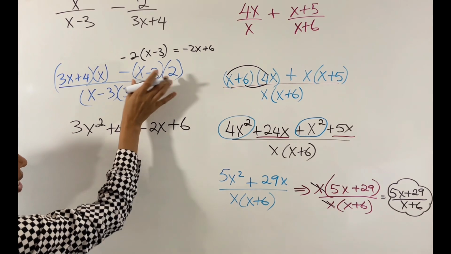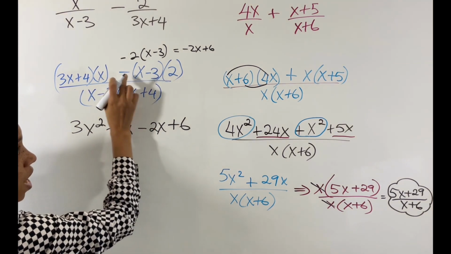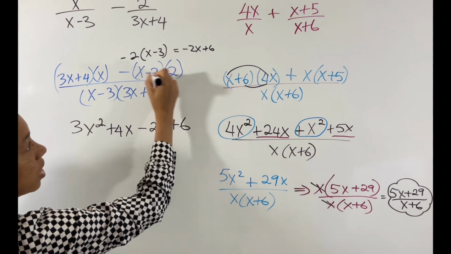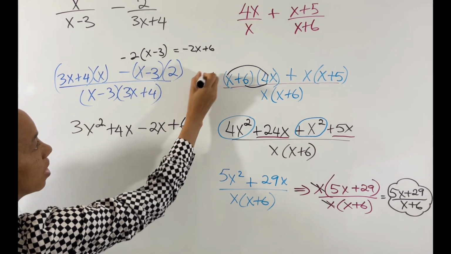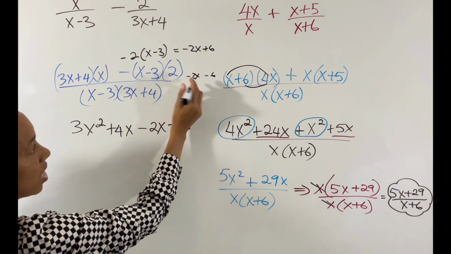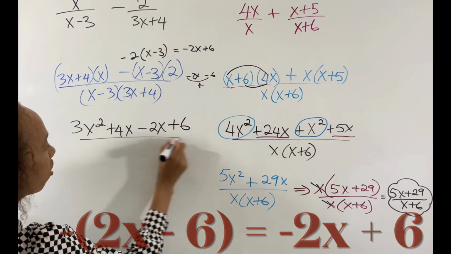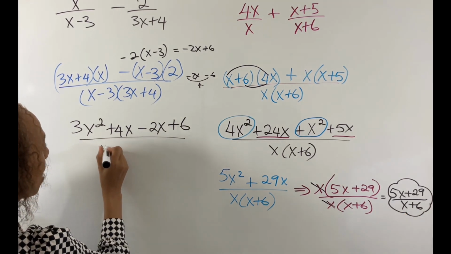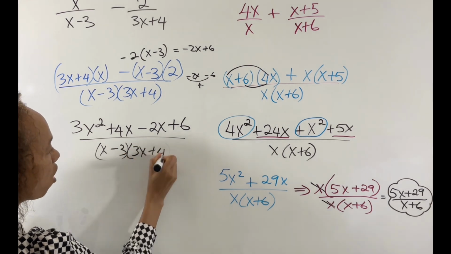So you have to be careful there, and that is because of this negative right in front of here, because you would end up with the negative 6 here, right? So it's negative 2x, negative 6, but the negative here, you have to turn it into a plus sign. Then you're going to place that over x minus 3 parentheses 3x plus 4, and now you have to combine your like terms,